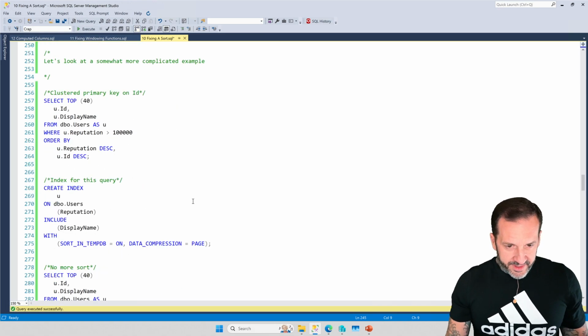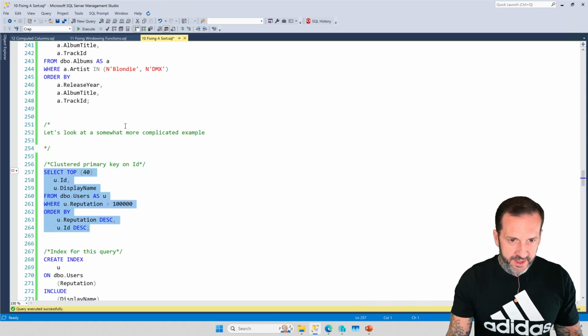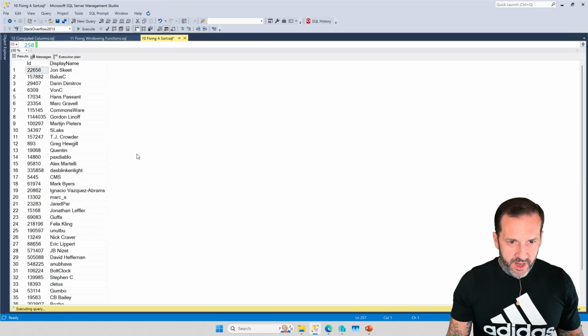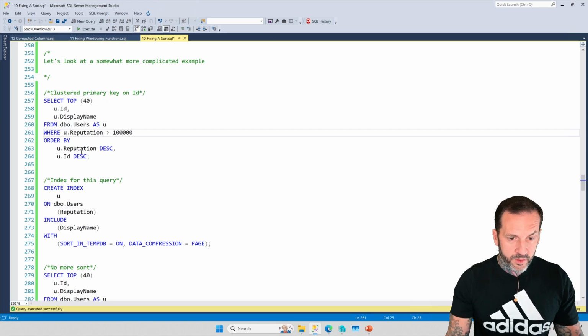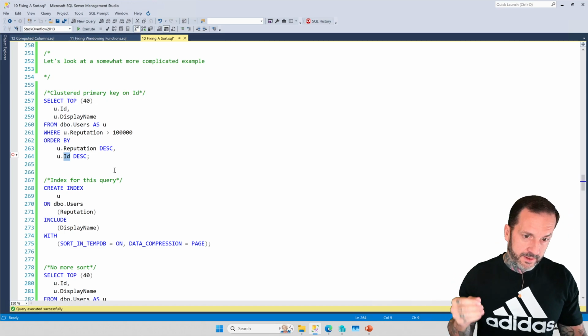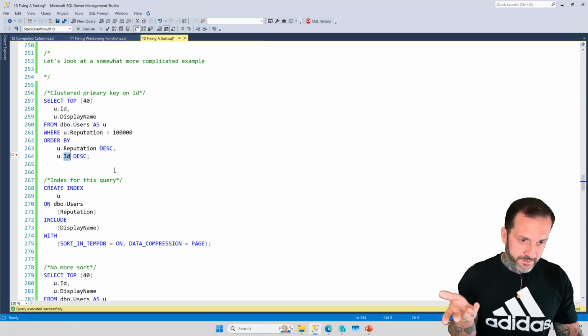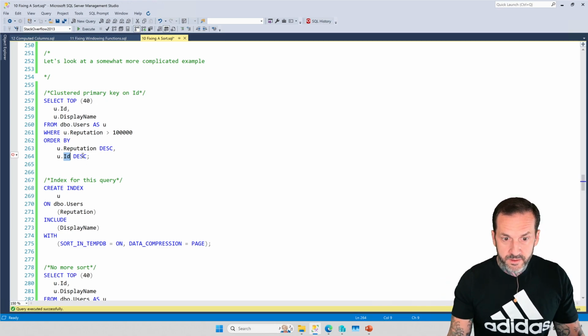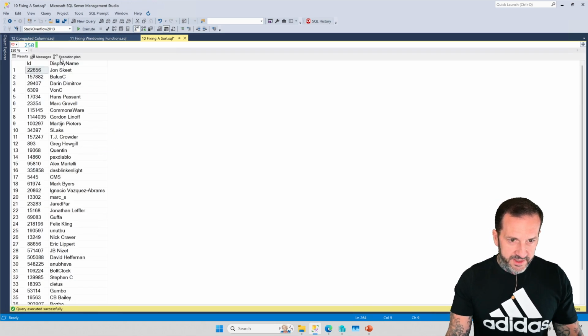Now, let's look at a slightly more complicated example, and this is what we're going to finish up with. Oops, I need to go into the Stack Overflow database for this one, don't I? We're going to select the top 40 users from the users table where reputation is greater than, I think that's 100,000, ordered by reputation descending, and then ID. This is sort of going back to the determinism thing. Reputation is not a unique column because people can have the same reputation, but ID is a unique column in the table. So we're going to select the top 40, and if we look at the execution plan,